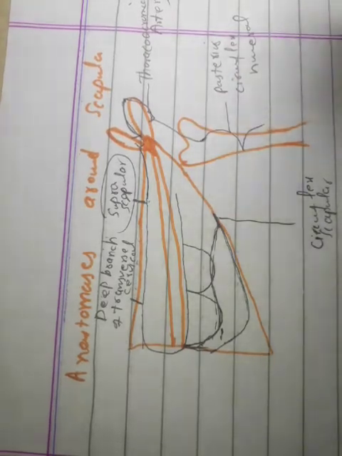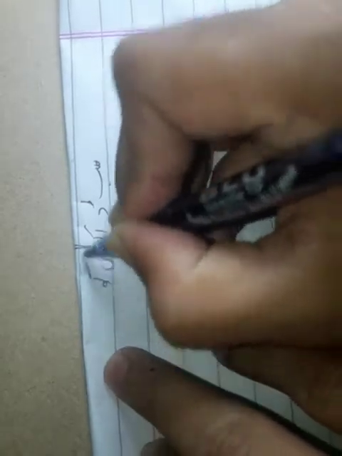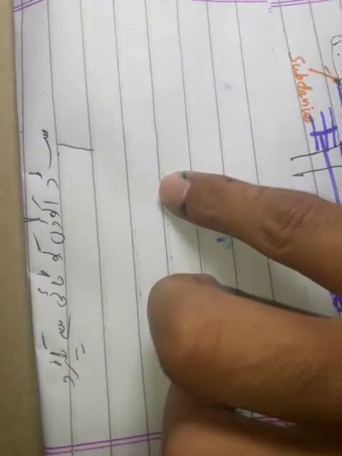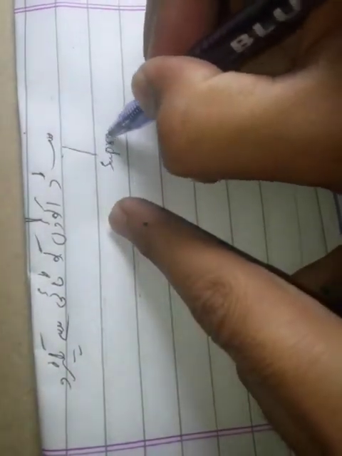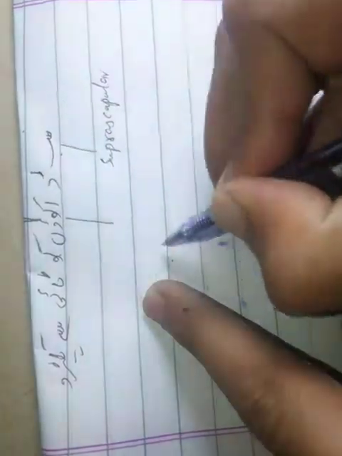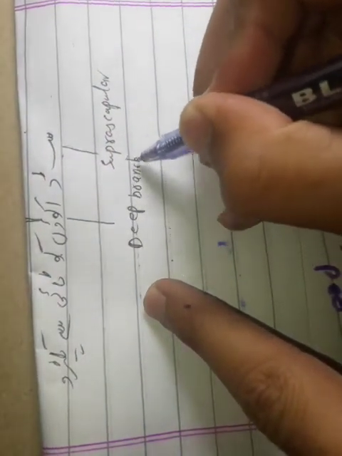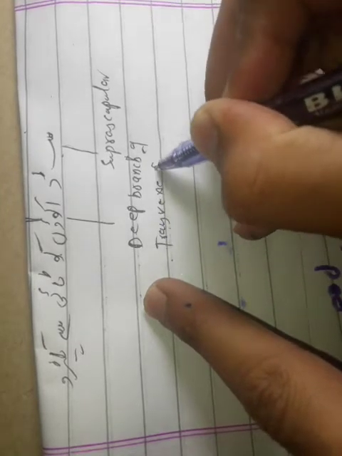So if you want to remember all these arteries in a proper sequence, then remember our mnemonic: डाकुम को टाई से पकड़ो. सुप्रास्कैपुलर आर्टरी, सुप्रास्कैपुलर आर्टरी, डीप ब्रांच ऑफ transverse cervical artery,